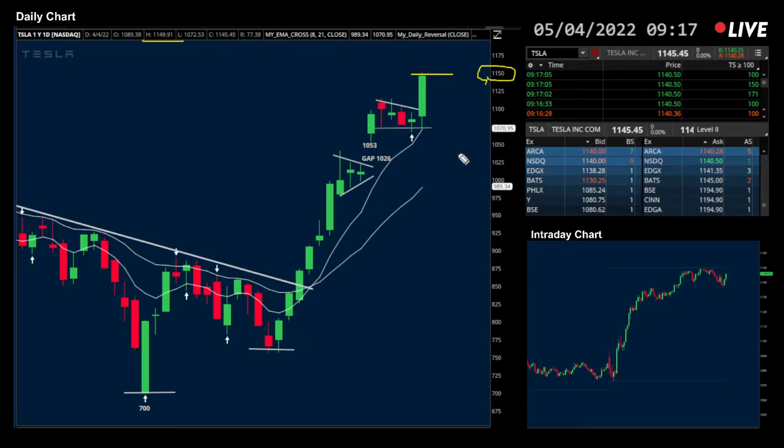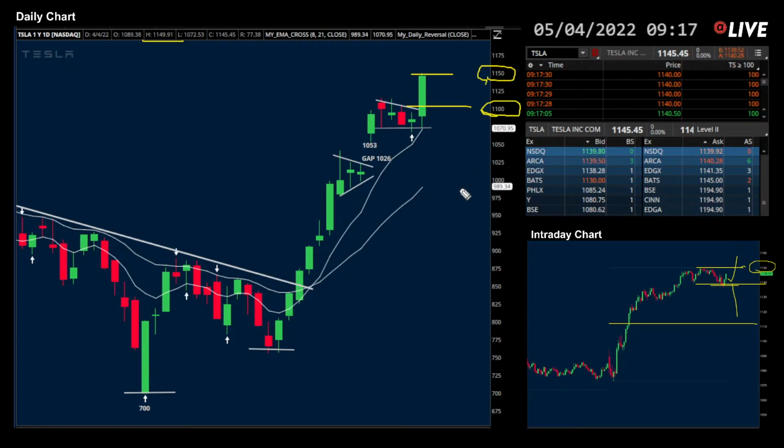Next level, if it breaks out, right now at 1140, I want to see if it's able to hold 1140, and going from red to green above 1150, it can extend all the way. You look at your option chain, the next level 1200, but it needs to go and stay above 1150. Otherwise, if it stalls and is not able to go above 1150, what I'll be looking at below 1140, it can pull back a little bit, give back half of the move from yesterday, but I keep the bull case on Tesla